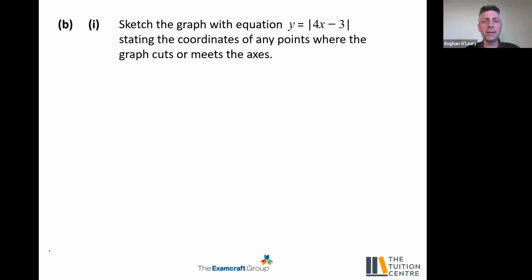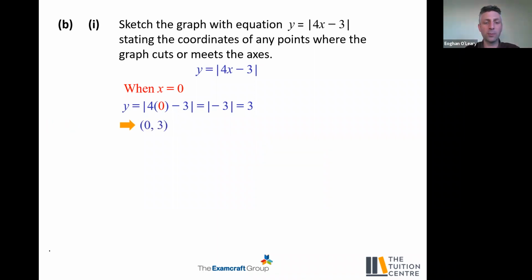And on the Casio or the new Sharp, you could use the table function. Or you might even just recognize how to go about it. But let's take just a couple of values. When x equals 0, we're going to get y equals the modulus of 4 times 0 minus 3. That's the modulus of minus 3, and of course, the modulus of minus 3 is 3. So that's our point (0, 3). Now when y equals 0,